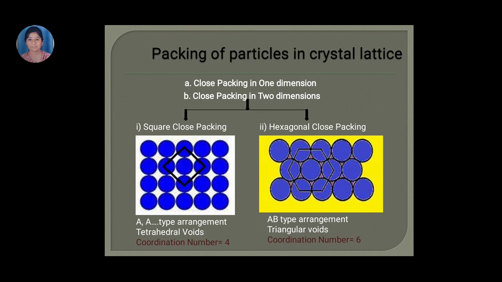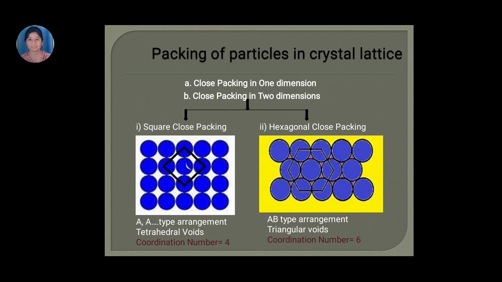And if you look at the hexagonal close packing, the voids present in between each of the atoms, or between any number of atoms, the empty spaces which are created are triangular in shape. That is why these voids are called triangular voids. So these are the concepts about the arrangement and the voids.